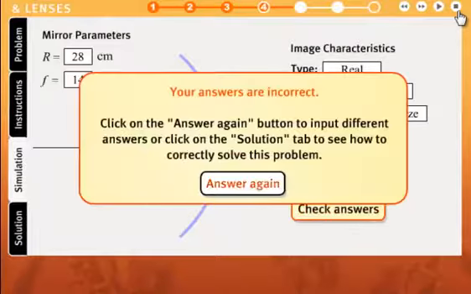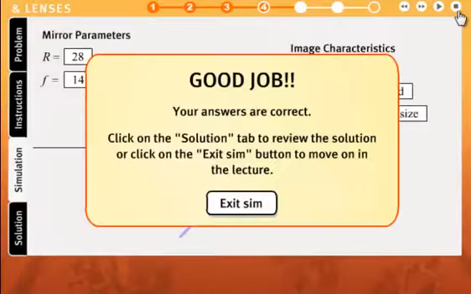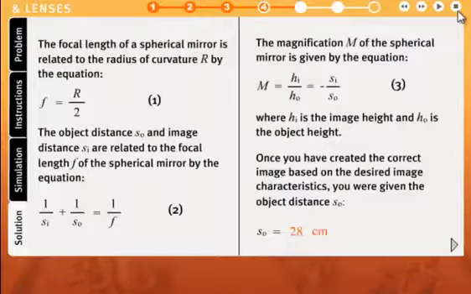Your answers are incorrect. Click on the answer again. Good job! Your answers